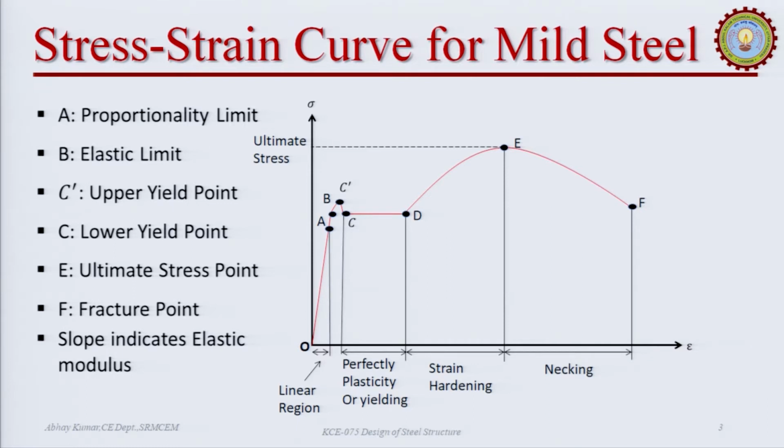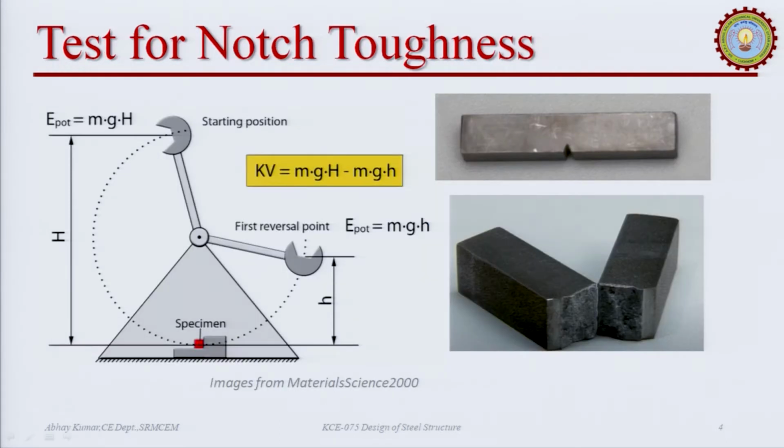So, in this figure, I have shown a typical stress strain curve of mild steel. I have also highlighted a few major points which indicate the positions of relative change in the nature of the material behavior. So, let us see how this figure comes when we apply a tension force on a mild steel specimen. If we focus on this figure, we will see that it is plotted between the stress